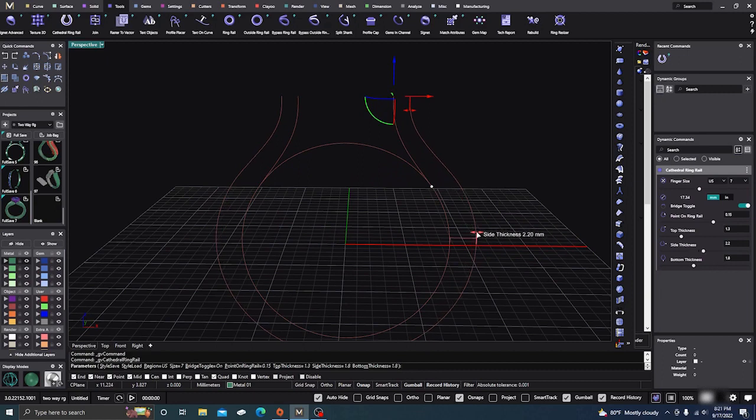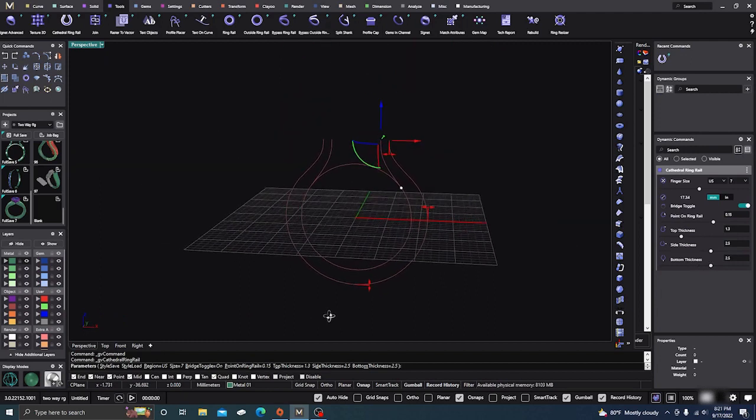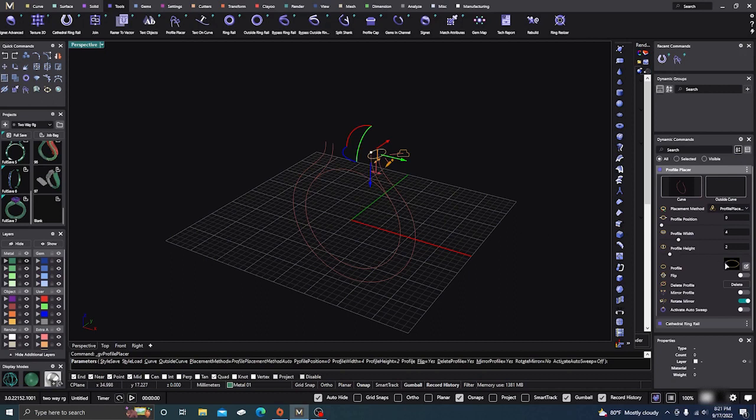We're going to drag this out to 2.5, nice heavy shank, and we're going to take this down to a 2.5 as well. And then we're just going to drag those in a little bit more, and then we're going to hit enter. From here, what we're going to do is put a profile on this rail here, and we're going to change that